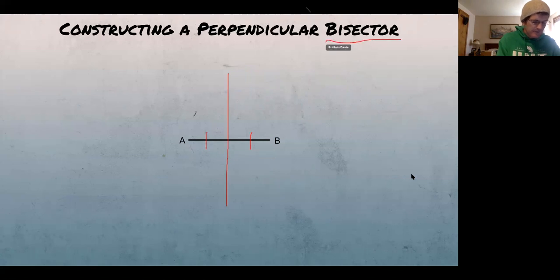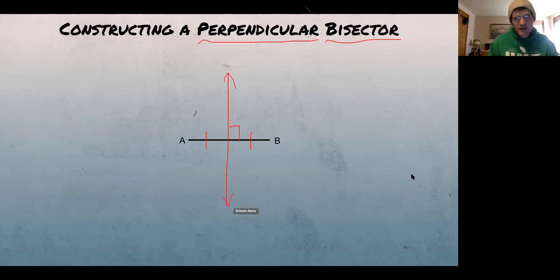It bisects it, plus it's perpendicular to the line. So a perpendicular bisector. And when we draw this, it is a line. So if I add those arrows at the end, that turns it into a line. So that's what my finished drawing should look like. Okay,